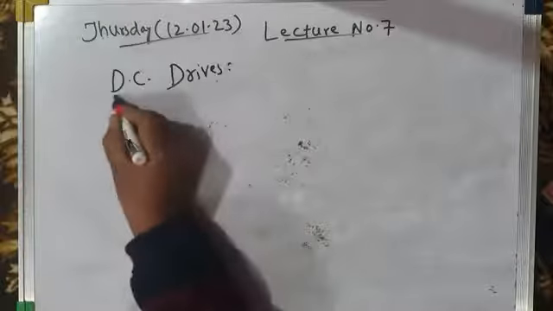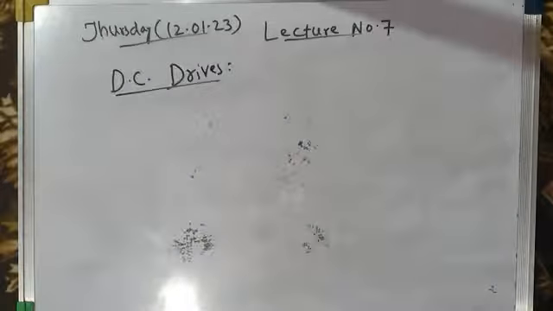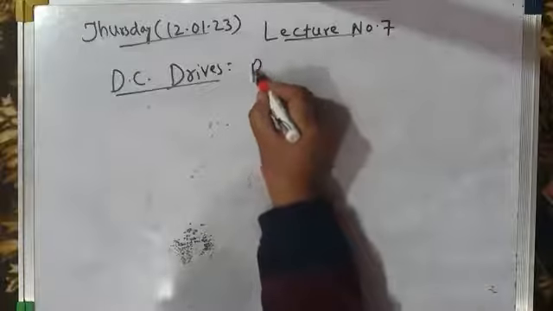A DC drive uses a DC motor, any type of DC motor, as a prime mover. Whereas an AC drive uses an AC motor as a prime mover. So since we are discussing DC drives, they use DC motors as their prime movers. To begin with, we will go for a review of